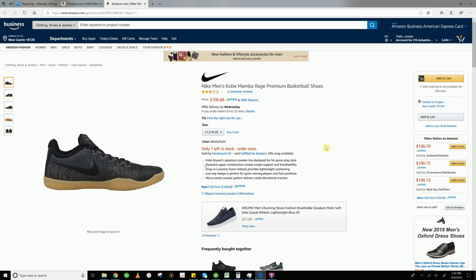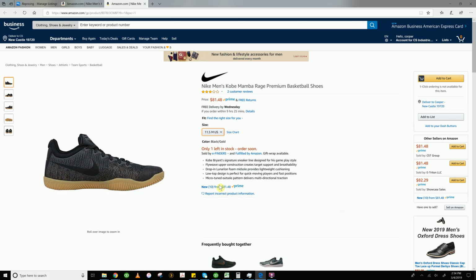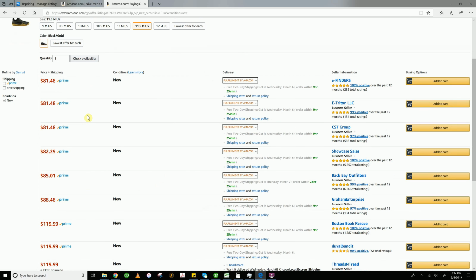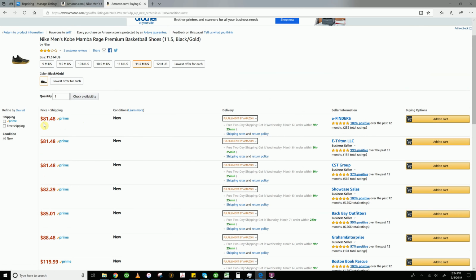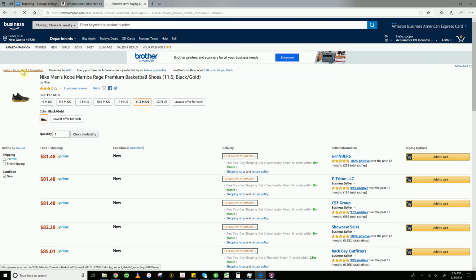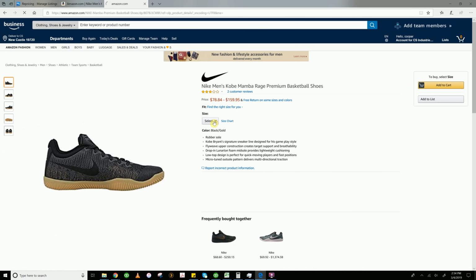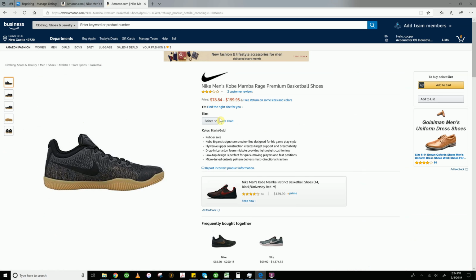All right, so generally for this listing, there's plenty of people selling it all around the same price, so this wouldn't be a good example. But just for instance, if there was only one person at 81 and then the second person was at 85, it could be worth your time to set your min to actually 84 and just wait for this one low person to sell through. Obviously, in this scenario, there's enough people where you probably just want to match and let it move through. But you can usually generally tell how many units a person has